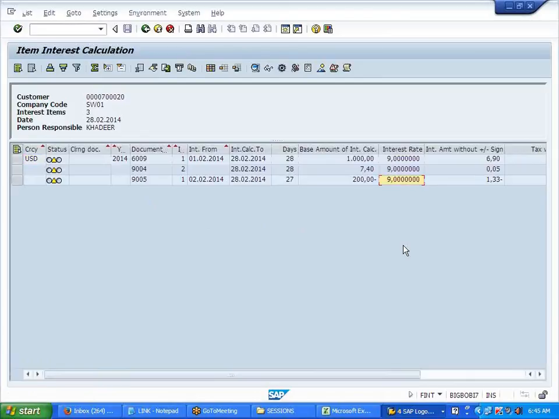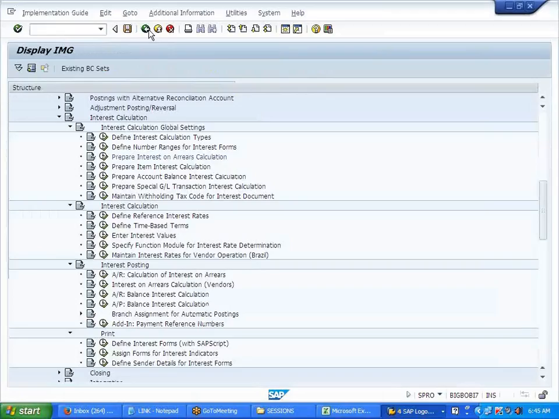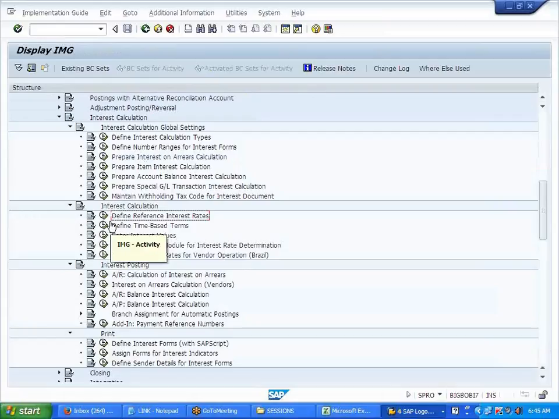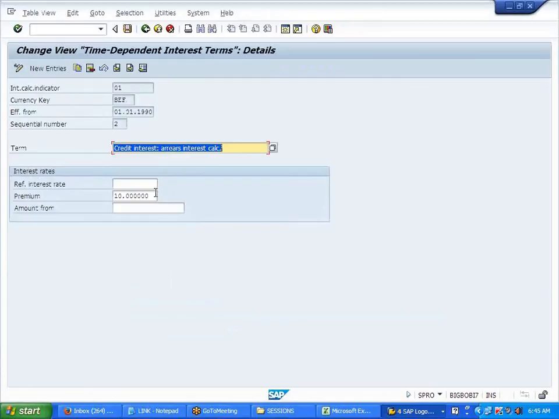So funny, man. I don't know why it is speaking this way. Where did we make a mistake? Let us watch over here carefully. The assignments only. In the time-based terms for the credit interest.